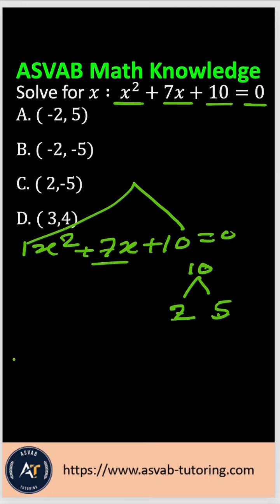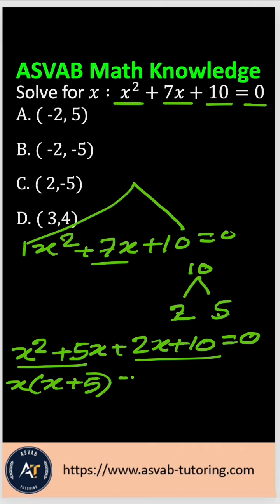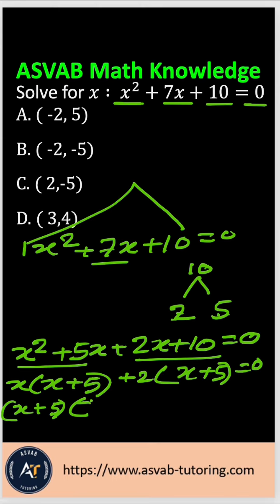So let's rewrite that. That gives you x squared plus 5x plus 2x plus 10 equal to 0. What you have to do next is take the common factor from this pair and that pair. In here you have the common x, then you have x plus 5. Take 2 common, that gives you x plus 5 equal 0, right? Now if you take the common factor, that gives you x plus 5 times x plus 2 equal to 0,